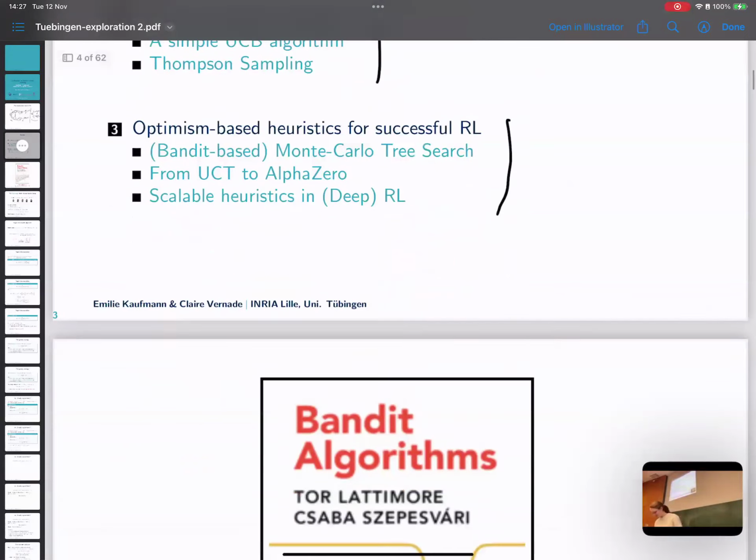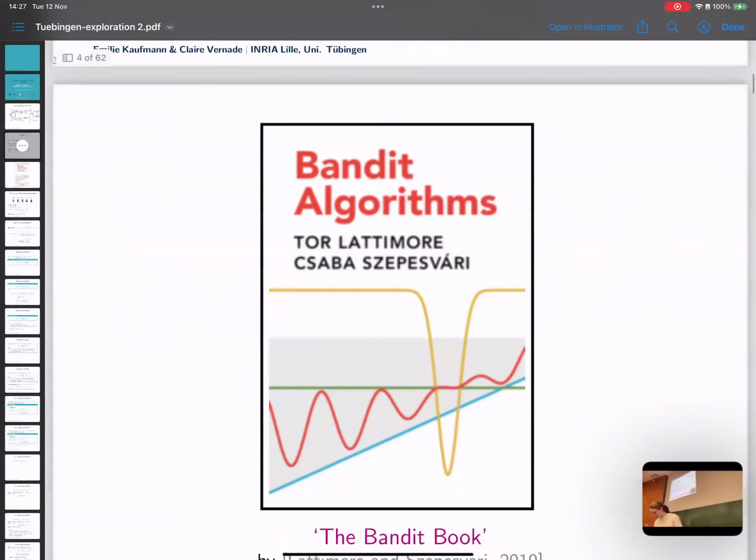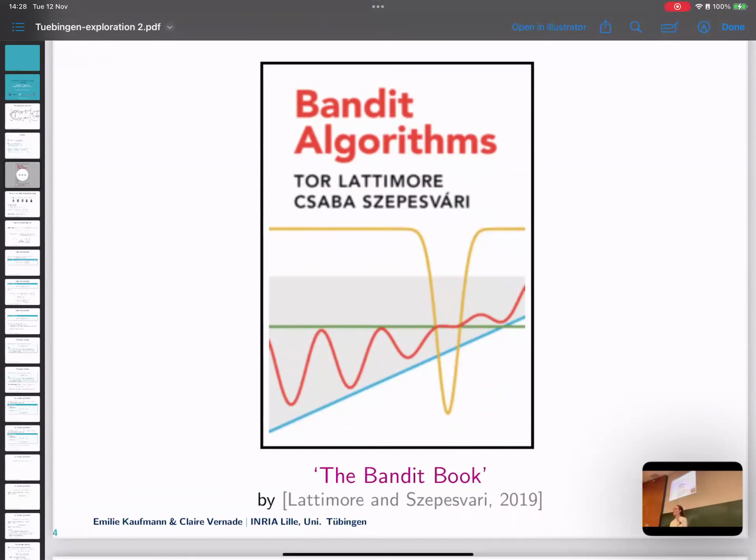So most of this course, at least the first half, follows a few chapters of this book called Bandit Algorithms that was written over the past few years by Tor Lattimore and Csaba Szepesvári, who used to be my colleagues for the 4 years I spent at DeepMind, a couple of years ago. And it's just great. If you have any questions about bandits, or if you want to follow up on some things in the class, this book is just great. All that I say is in the book and there's more in the book.